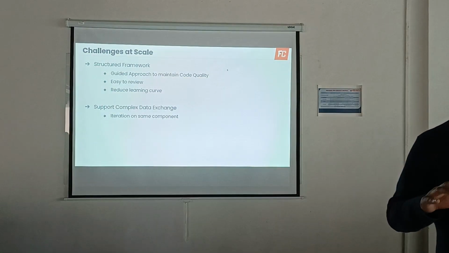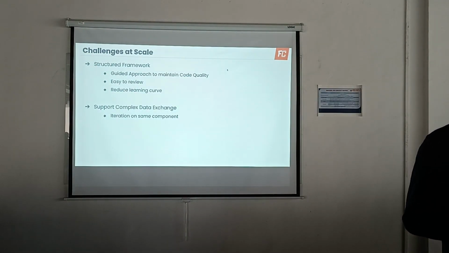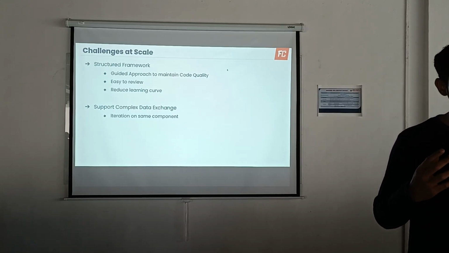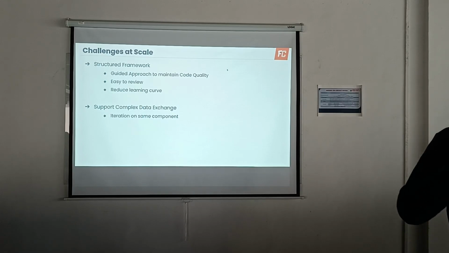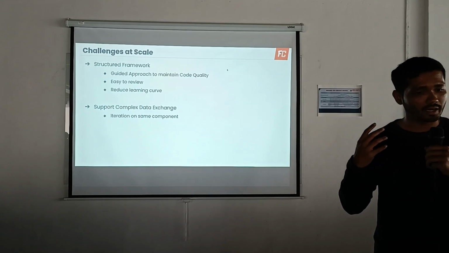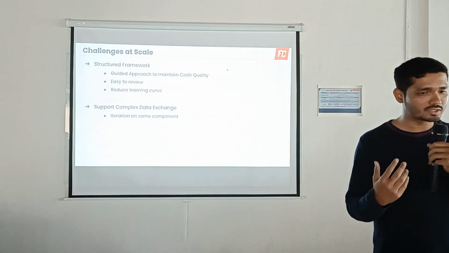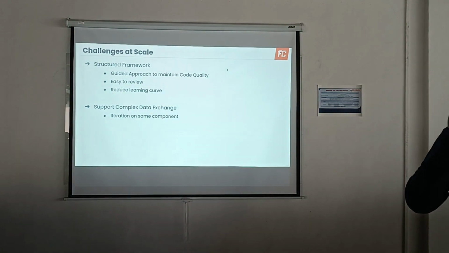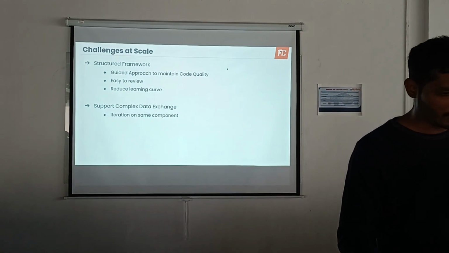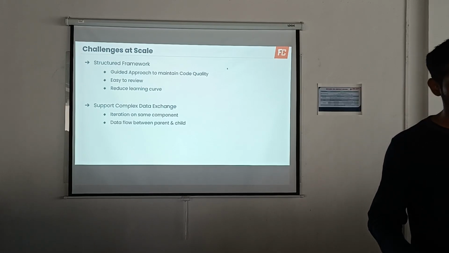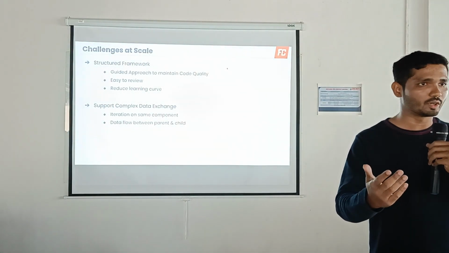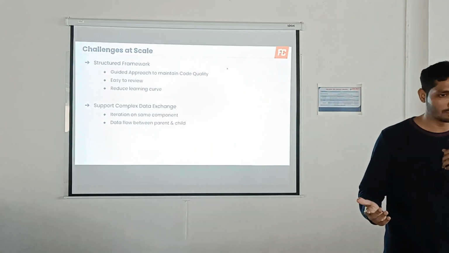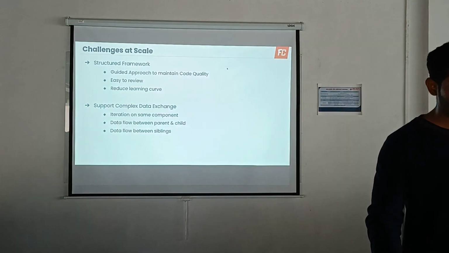So at scale, you may have to get a library which gives you a lot more control for doing this complex stuff, like a lot more hooks and advanced hooks, so that you can manage these adoptions very easily, even if you have not thought about it before. And some examples would be data flow between parent and child. So this is very simple. We all know we have to do data flow between parent and child,